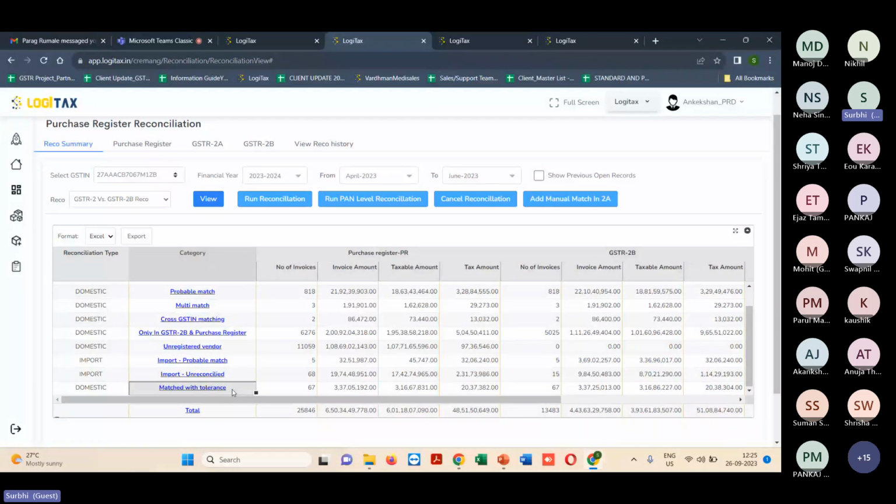So we have taken that into consideration and we have set the tolerance of 20 rupees. If there is a difference in taxable amount or tax amount up to 20 rupees, we have taken the tolerance. After whatever